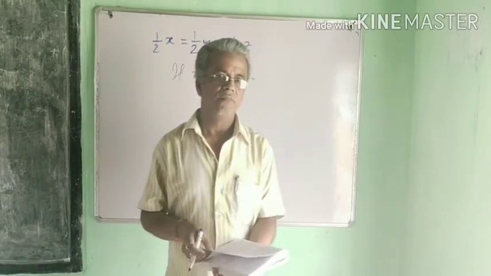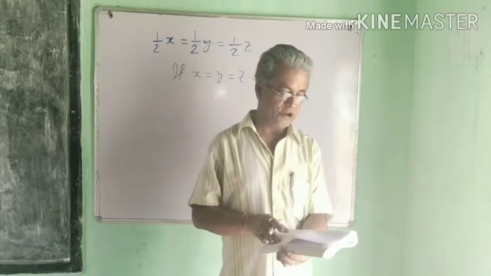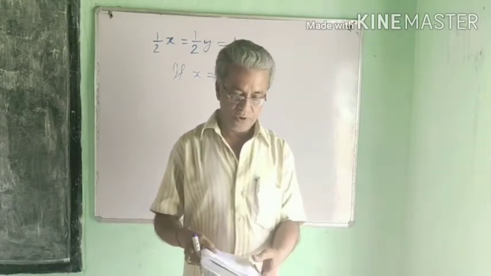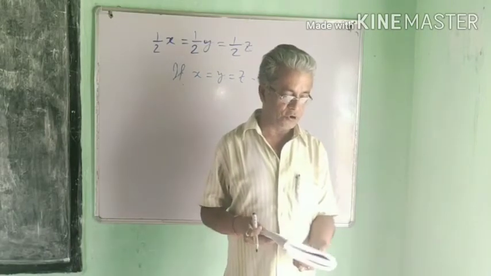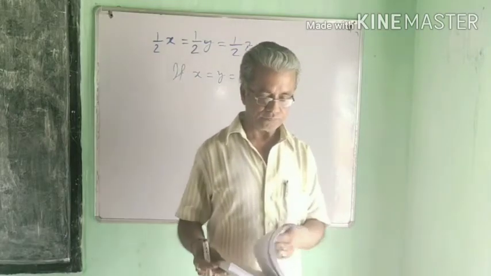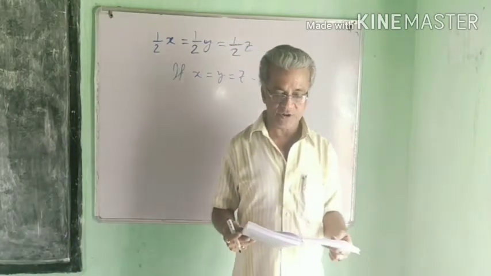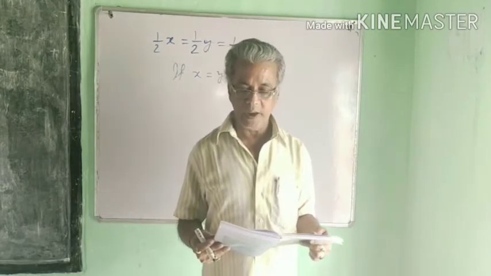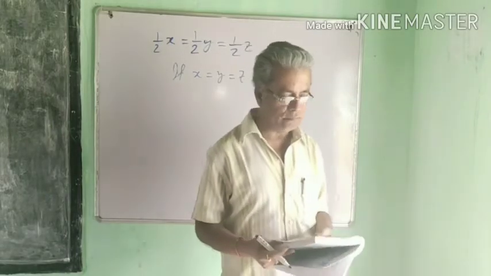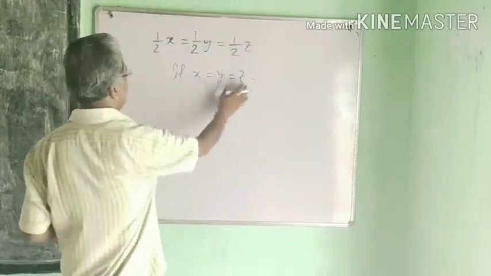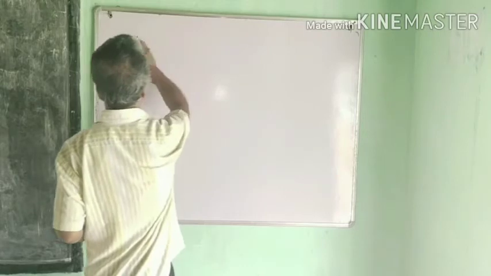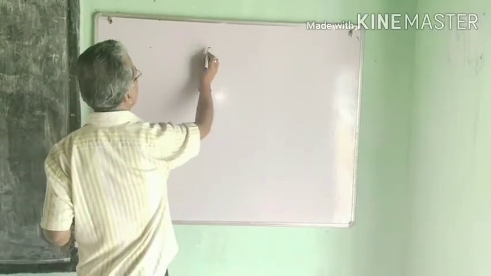So these are Euclid's axioms. Now we come to Euclid's postulates, some of the postulates we will prove here. The first postulate is a straight line may be drawn from any one point to any other point. A straight line, one straight line can be drawn from one point to any other point,